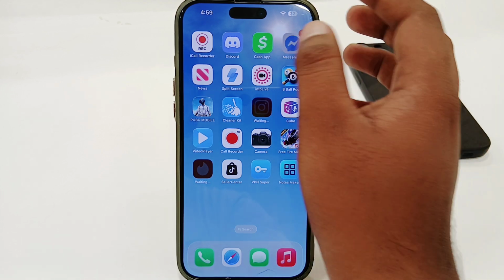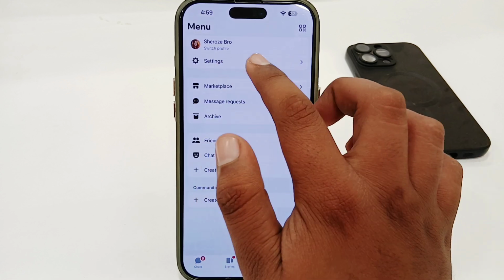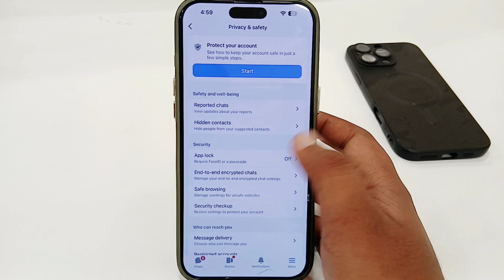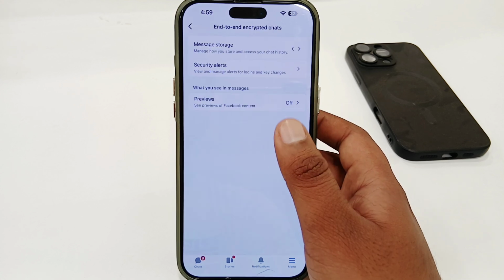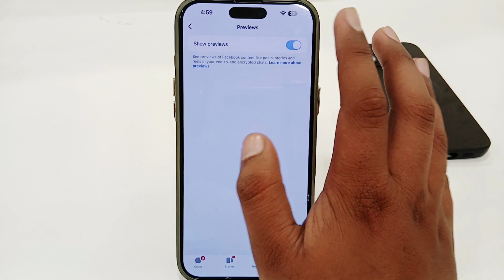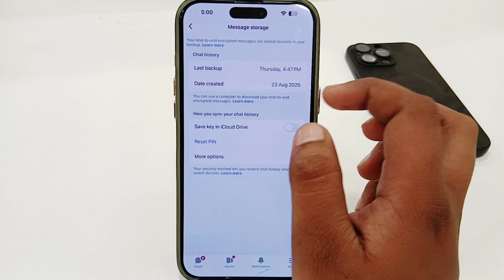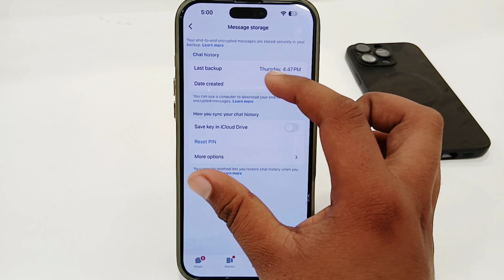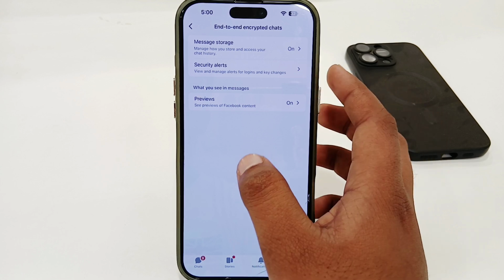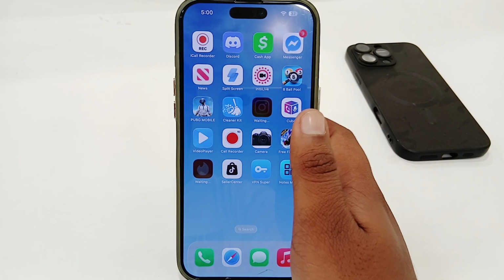You have to open your Messenger app here, then tap on the menu option, then tap on the settings option here, then select privacy and safety, tap on end-to-end encrypted chats, and then select previews. Enable this from here, then go back, go for message storage, and you will check your chat history or your date created, and after that you just have to go back, and then your end-to-end encrypted chats will be recovered,